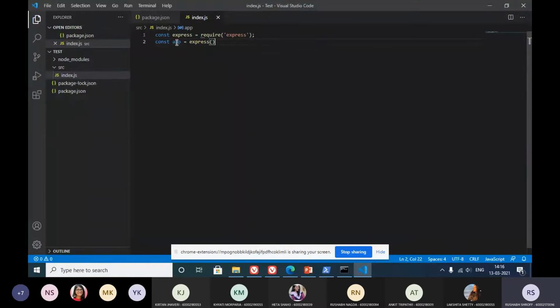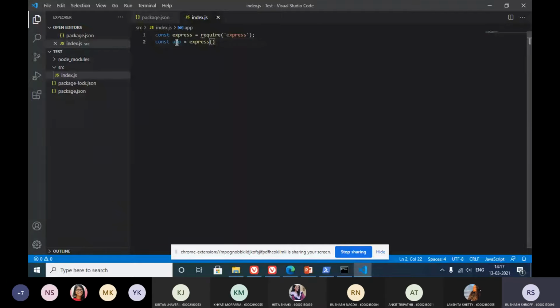Now, to understand different types of requests and responses, we need to understand what the different types are. We have a lot of types nowadays, but the four major types used for CRUD are the get, post, put, and delete methods.